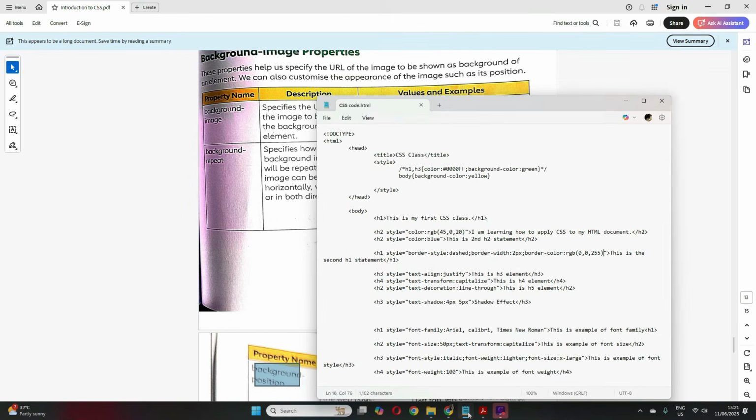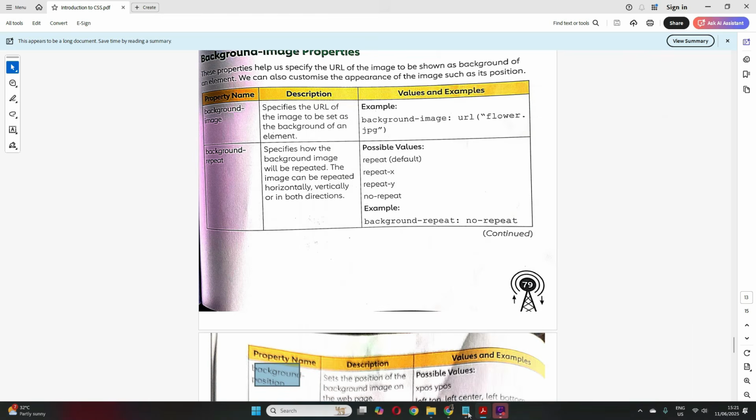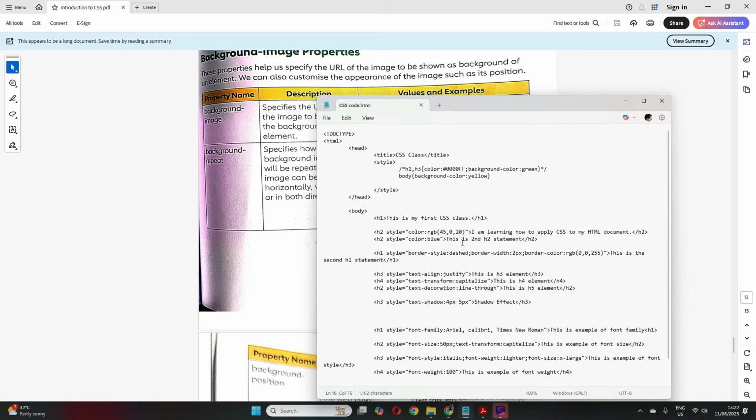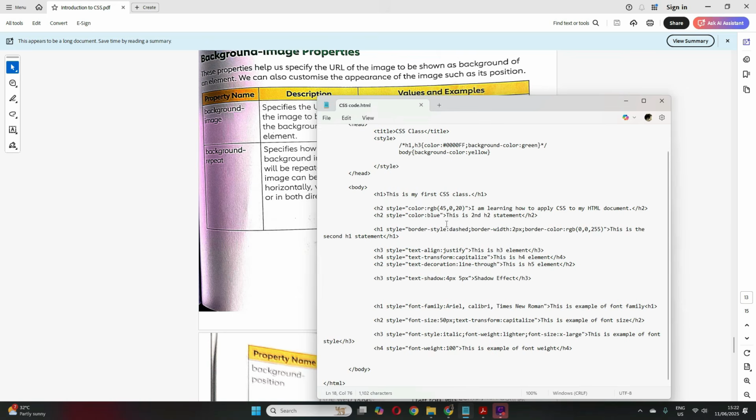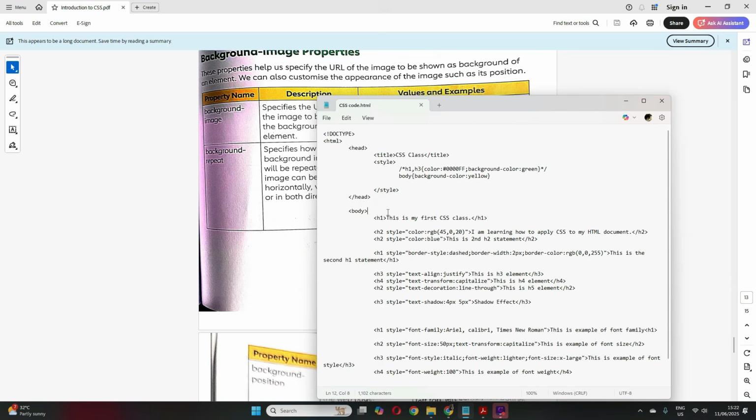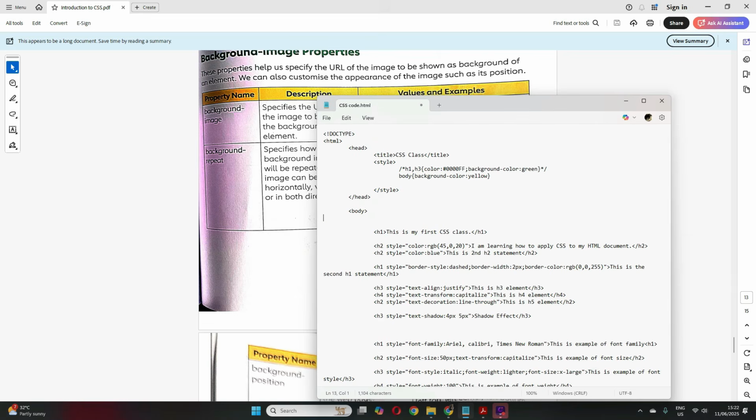So first is our background image. This is the way you write background-image: url, and you give the URL that you want. So let's try to write here only.